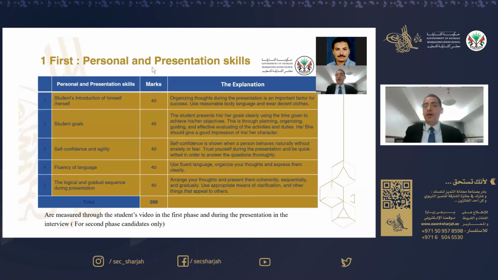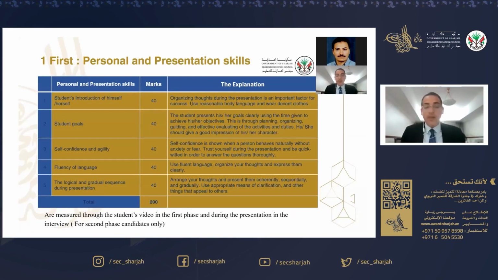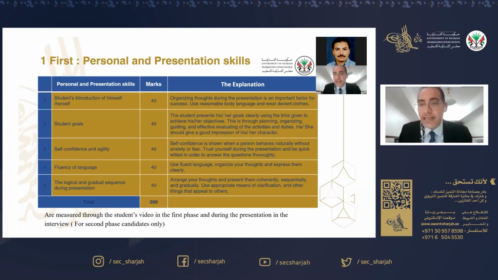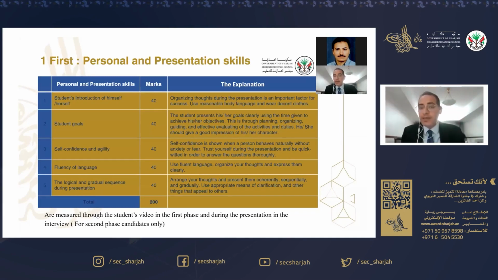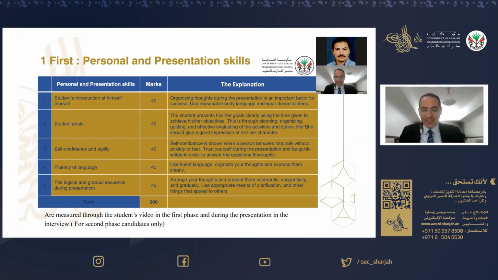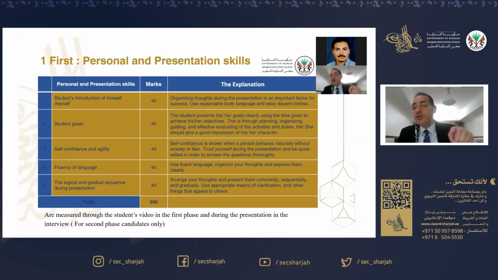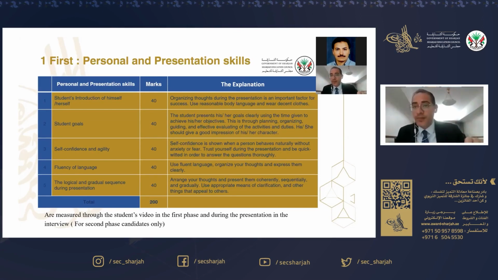Number 1, first, personal and presentation skills. As I mentioned earlier, nominees should attach a 5-minute video exhibiting effective communication skills and showing personal qualities. Judges will watch your video and evaluate both the content and your presentation skills, your persuasive skills. Remember, why are you doing this video? You are doing this video to convince, to persuade the judges that you deserve this award. Show me, prove it to me.